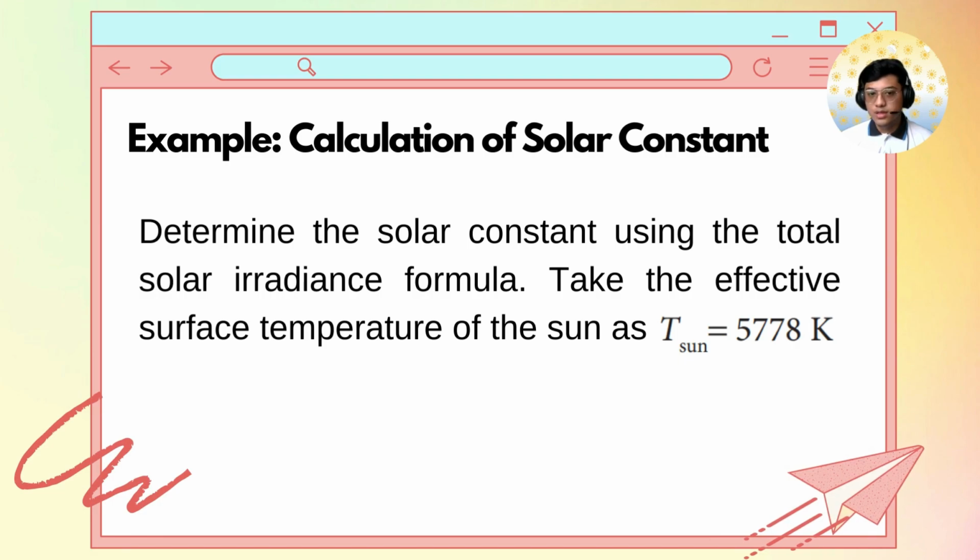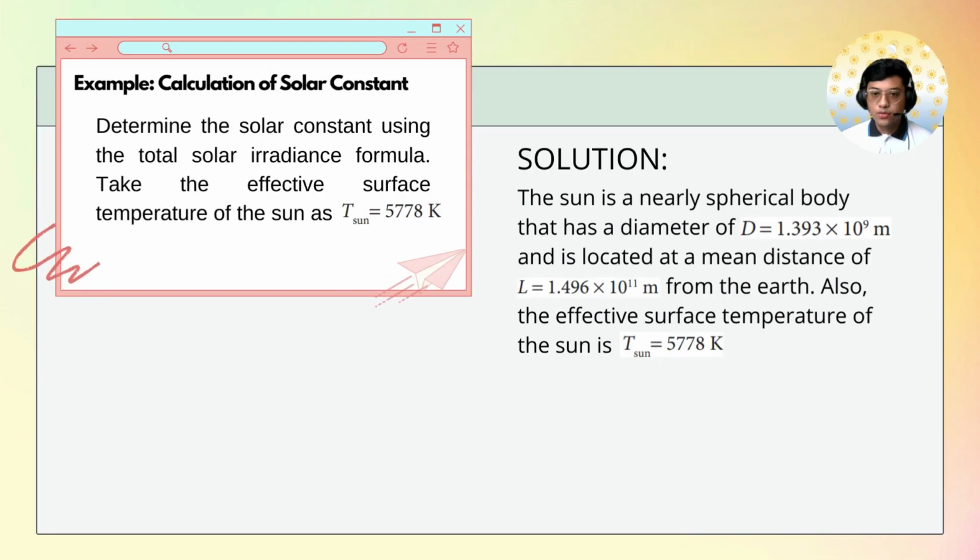Now we have an example of the calculation of the solar constant. The problem is we must determine the solar constant using the total solar irradiance formula. Take the effective surface temperature of the sun as T sub sun equal to 5778 Kelvin. For the solution, it is said that the sun is a nearly spherical body that has a diameter of 1.393 times 10 raised to the 9th power meters and is located at a mean distance of 1.496 times 10 raised to the 11th power meters from the Earth. Also, the effective surface temperature of the sun is